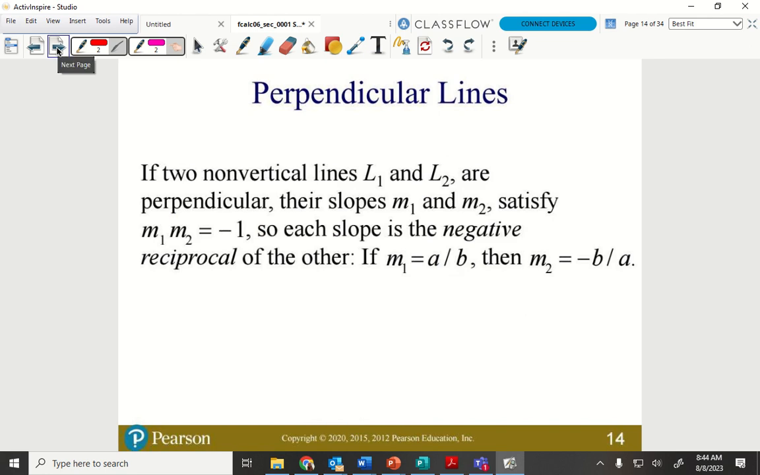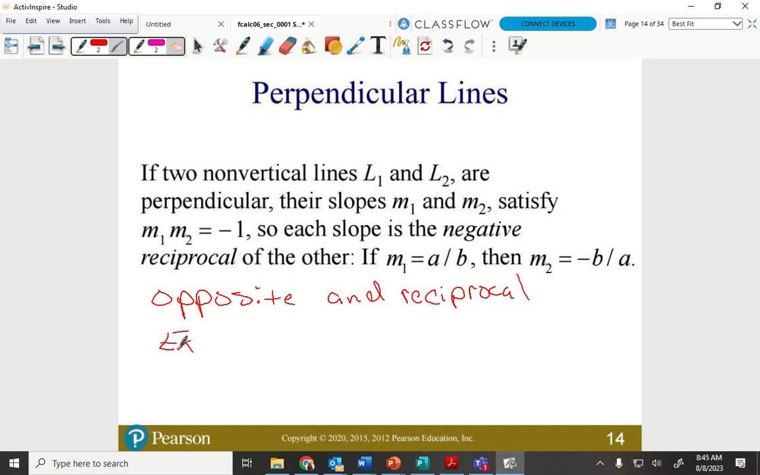Perpendicular lines. Perpendicular lines have slopes M1, M2 that satisfy that the product gives you negative 1. That's kind of weird. I don't like that. So let's just say it's opposite and reciprocal. So here's an example of opposite reciprocal. If M1 is equal to 2 over 3,